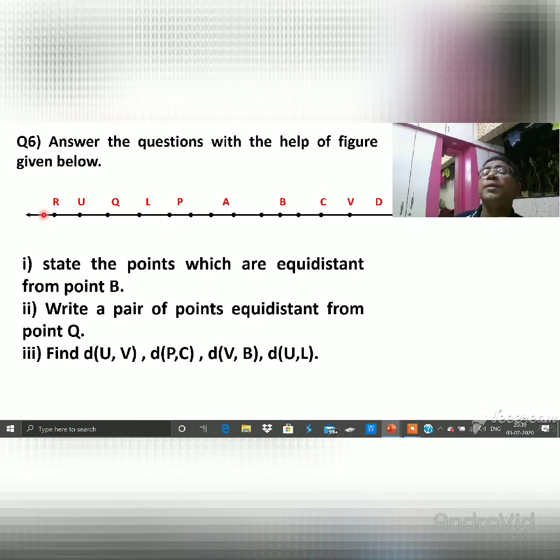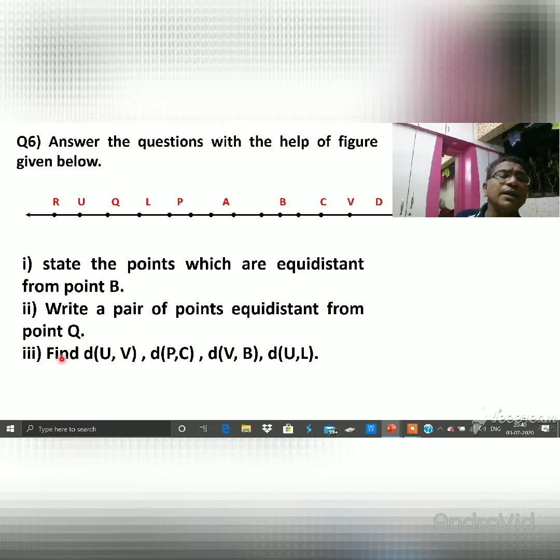Do you understand? If the second is not understood, I will again explain. Q पासून इक्विडिस्टंट असलेले पॉइंट सांगितले. मग Q पासून 1 युनिटला इक्विडिस्टंट आहे L म्हणून QL आलं. Q पासून 1 युनिटला इक्विडिस्टंट आहे U म्हणून QU आलं. मग QL आणि QU ही पहिली पेअर झाली. नंतर Q पासून 2 युनिट वरती आहे P. हा बघा हा 1 युनिट आहे आणि हा दुसरा युनिट P म्हणजे QP झालं. आणि Q पासून लेफ्ट हँड साइडला 2 युनिट वर आहे R. हा बघा हा 1 युनिट आहे हा 2 युनिट आहे R. मग होते काय QR आणि QP हे झाले पेअर्स.